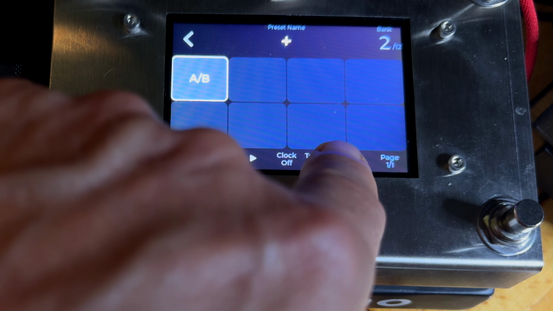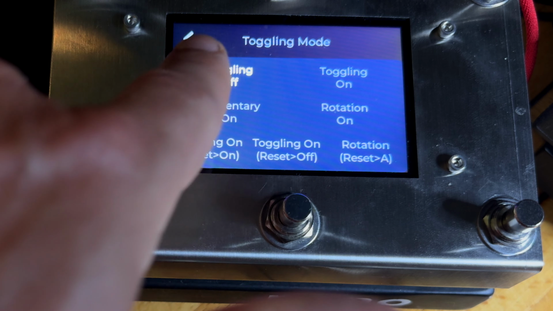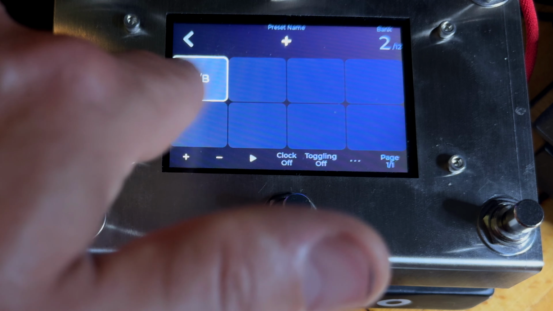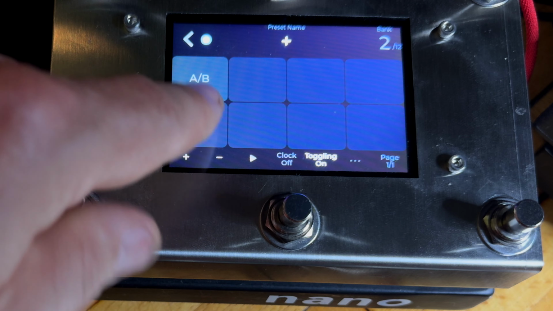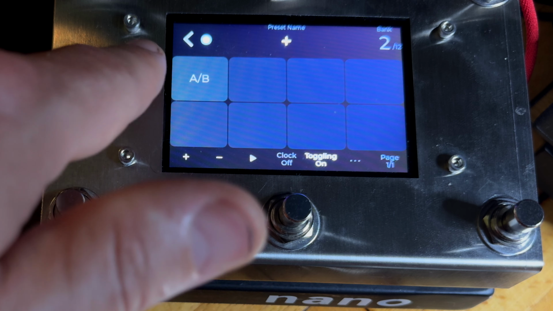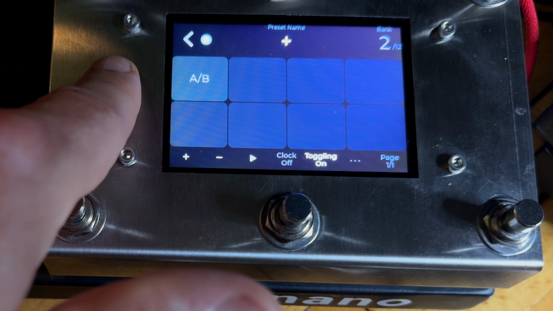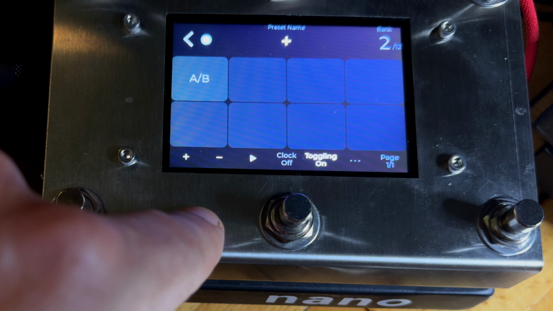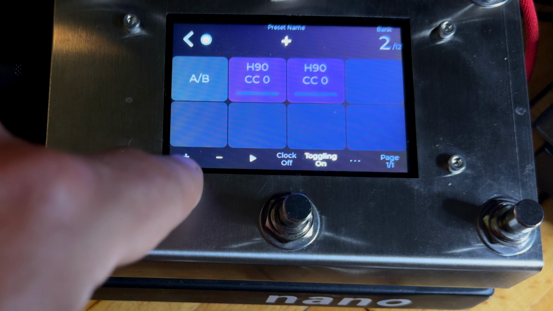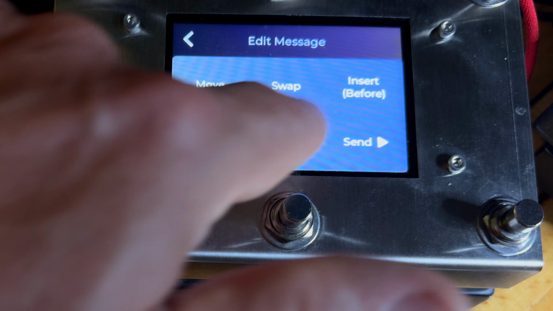The AB works with the toggling mode. So to use the AB mode, you have to turn toggling on. And it works like this. What you program on this side is the A section, and what you program on the B side is the B section. So you can have two messages on this side, and you can insert